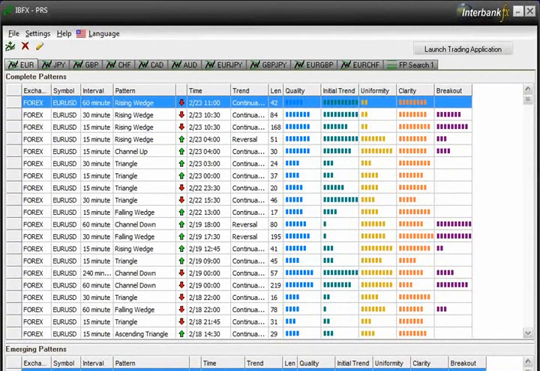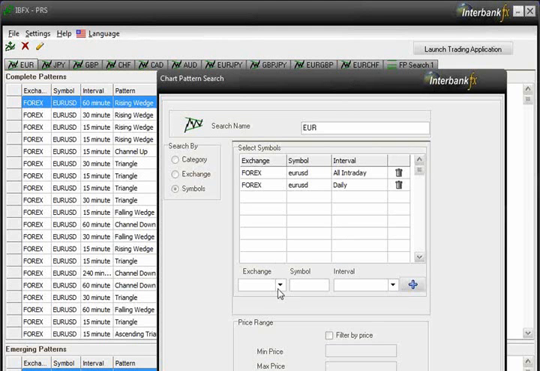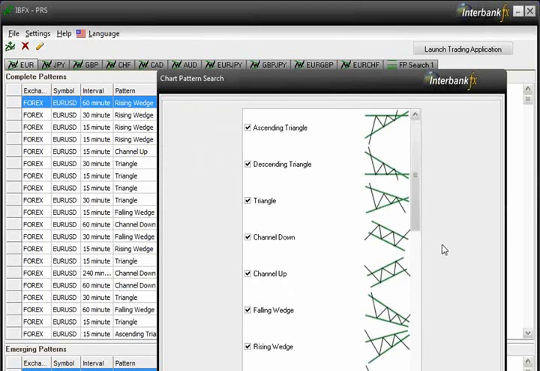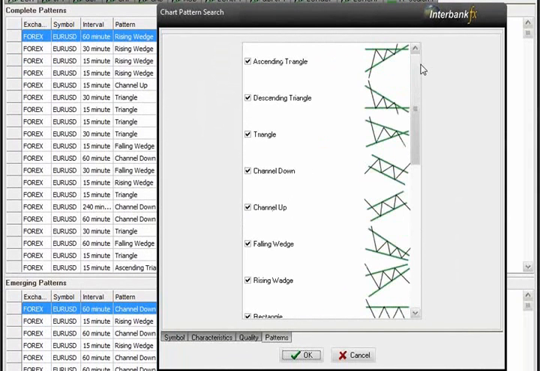Let me just move that over. Actually, I guess this size is fine. You can see it's a very compact platform, which is nice. And what I'm going to have us jump over to is the actual patterns, because one of the reviews I also want to have today is the trending versus non-trending